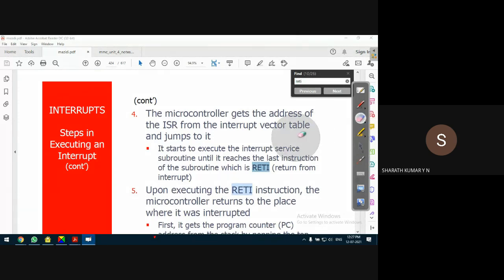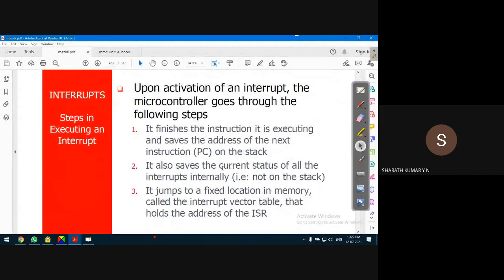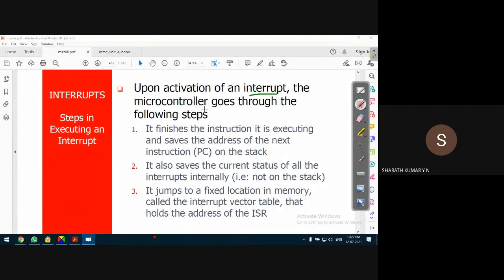Okay, fine. Here is a slight explanation of the RETI instruction. What happens on the occurrence of an interrupt? Whenever an interrupt occurs, the first thing done by the microcontroller is it completes the execution of the current instruction. It will save the current status of all the interrupts internally, but not on the stack memory.